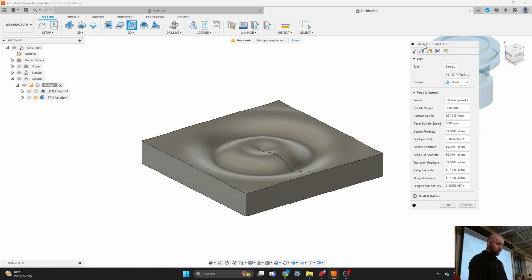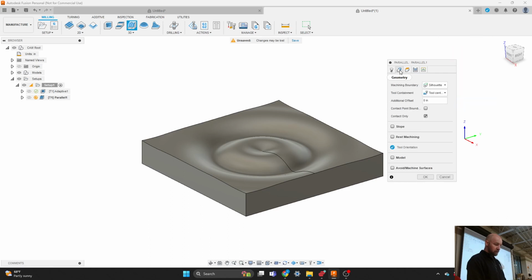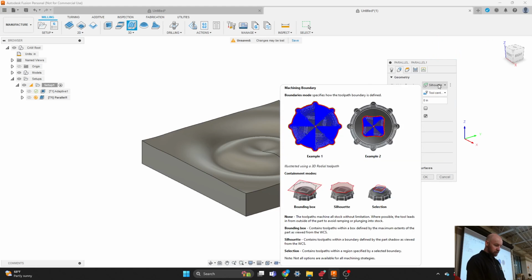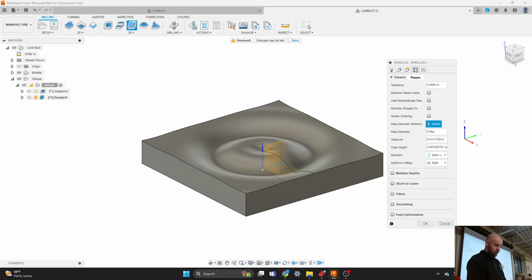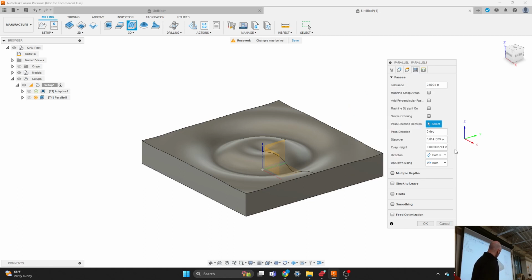the same tool we're using is just fine because we picked that 1/4 inch ball end mill. The geometry that we're using, I think can just remain on silhouette there. And then we don't have to have any stock to leave in our passes. We don't have to have multiple depths because we did a roughing pass, so we've already got not very much stock left over. We just have to set